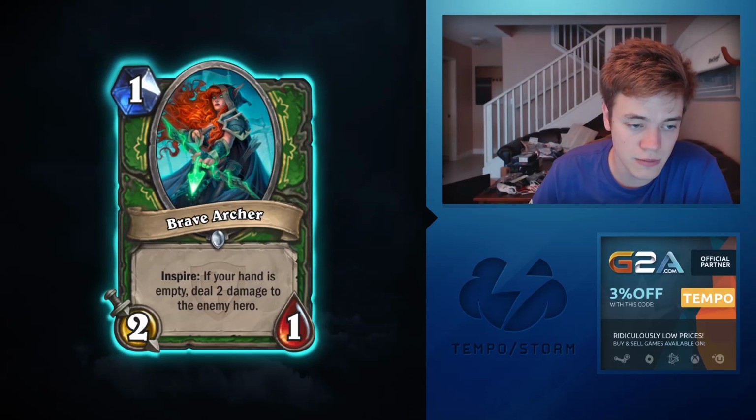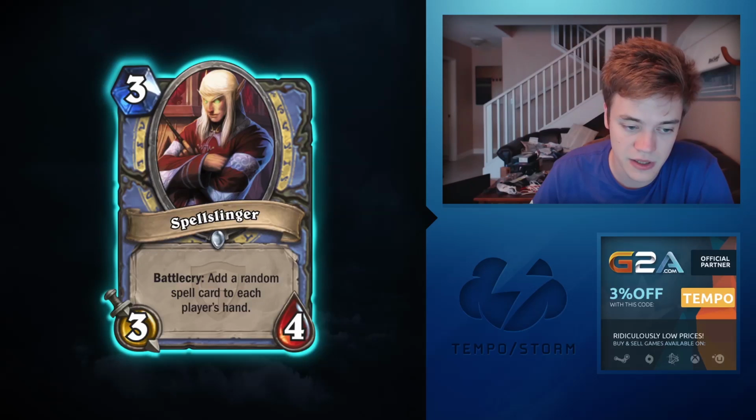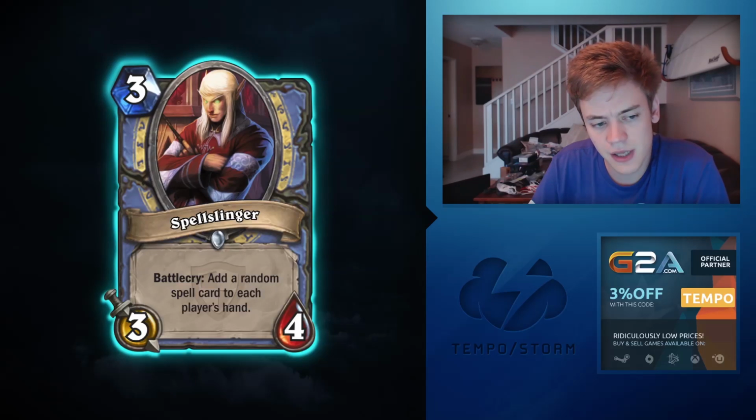So let's see. Moving on, we have, I think, the only Hunter card that's been released so far since the last review. Moving on to Mage, though, we've got Spellslinger, which is a pretty cool card. 3-mana 3/4, Battlecry: add a random spell card to each player's hand. I feel like Spellslinger,